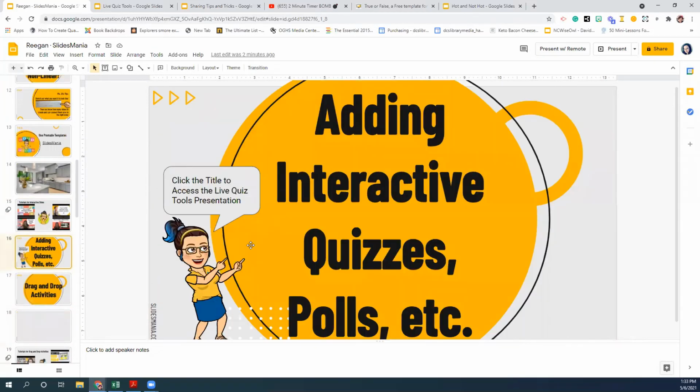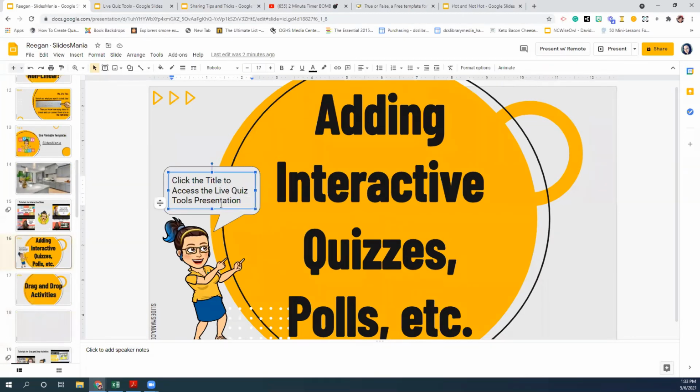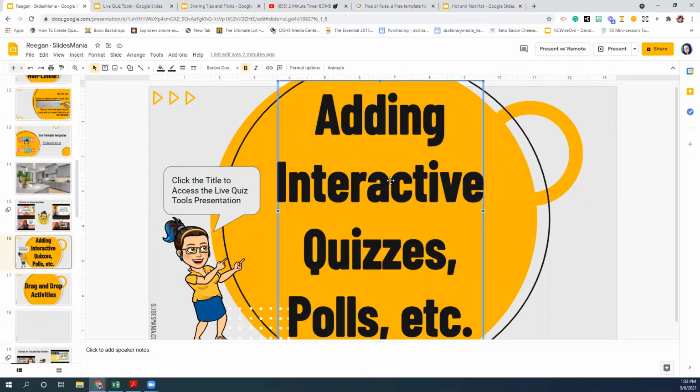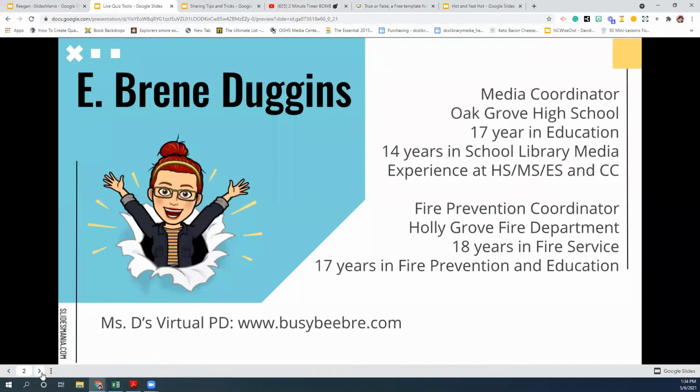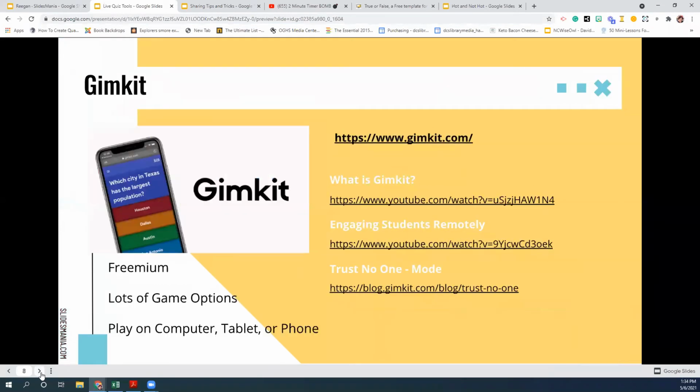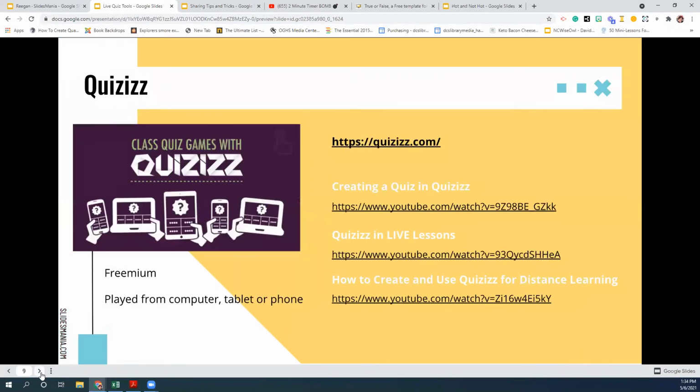The next slide I have on here, we're not going to go into crazy detail, but when you get the slides, it's going to have the link for you. If you'll notice, when you click on the title, this is going to take you to a presentation that I did on live quiz tools. So this shows you a number of tools that I talked about, or I even use, like Gimkit,